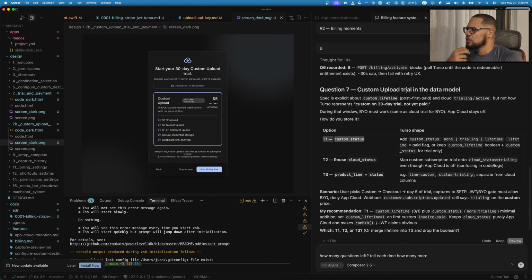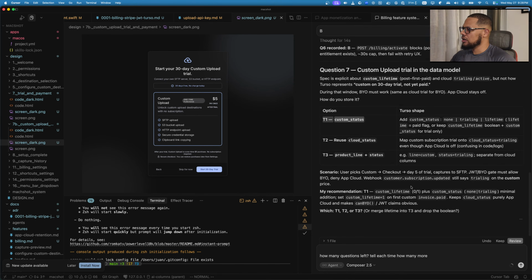Yeah. So reuse cloud status, map custom subscription trial to cloud status equal trial, and then through app cloud itself, brought online plus status online, custom status trialing separate from cloud columns. Scenario: Wizard picks a custom checkout by day 5 of trial, captures blah blah blah. Gate must allow bringer denied app cloud. Webhook, customer subscription data, says trialing, so the custom price recommendation, custom lifetime,